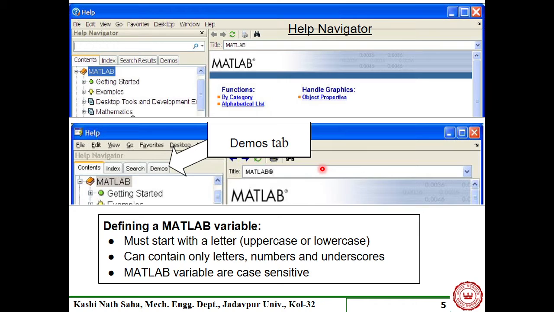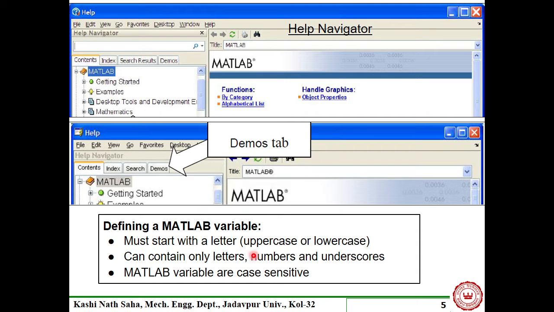Now, when we use MATLAB, we have to use some variable, whatever it may be. Whether we are using MATLAB as a calculator or as a programming code development environment, we need variables.